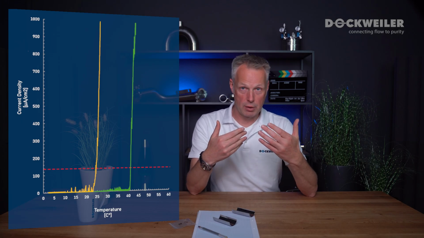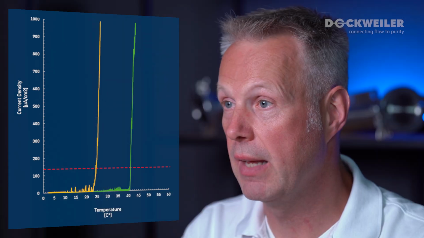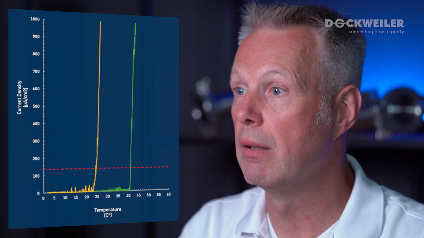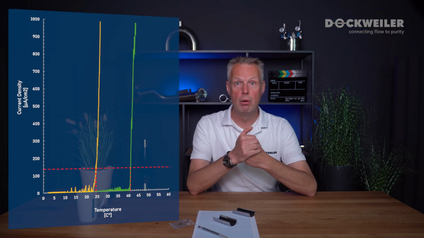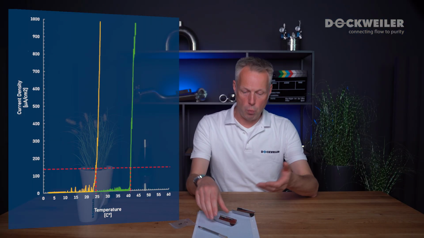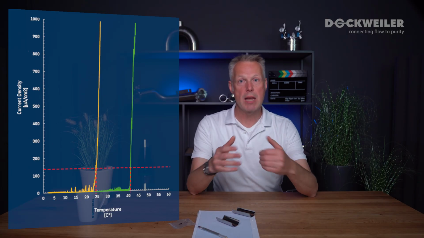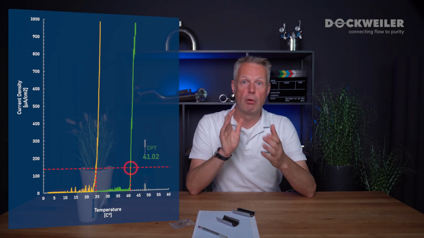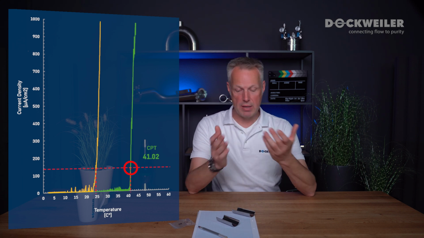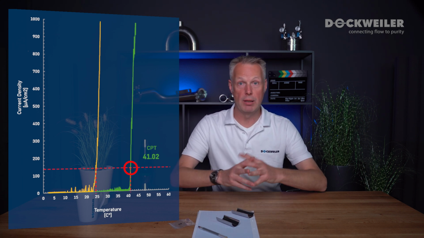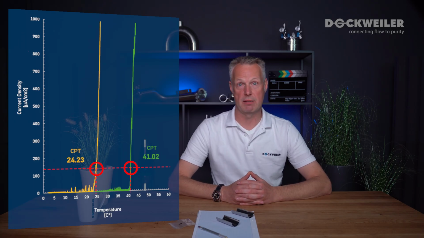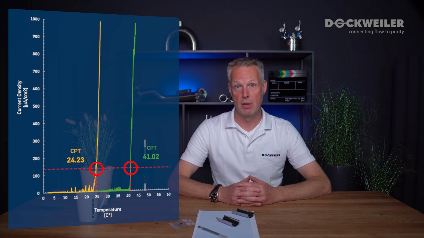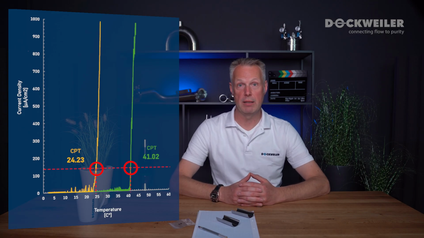And when the critical pitting temperature is high, then that means that the passive layer is well established on the surface. And what we figure here now is that you see that one specimen shows a very high critical pitting temperature, 41 degrees roughly. The other one, that is the sample we are currently looking at, that's just 24 degrees. And that's a significant difference of 17 Kelvin, right? So what does that mean?